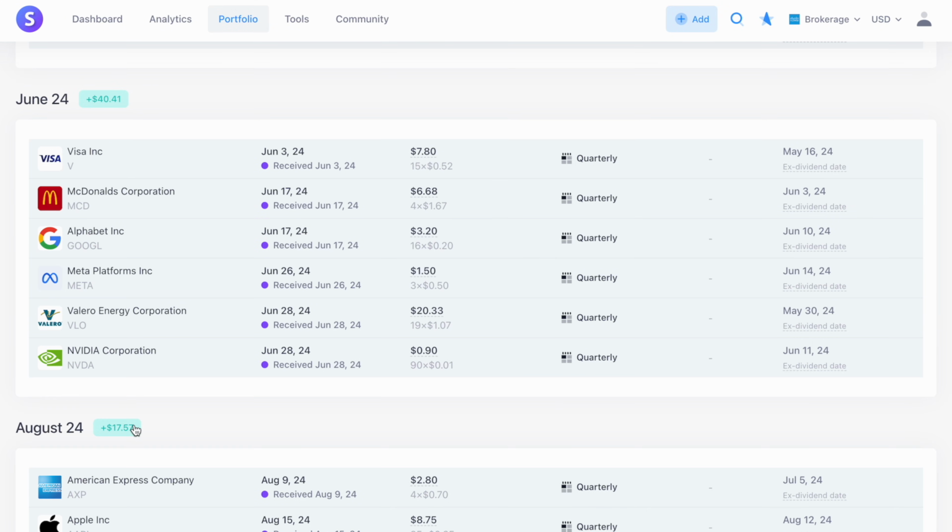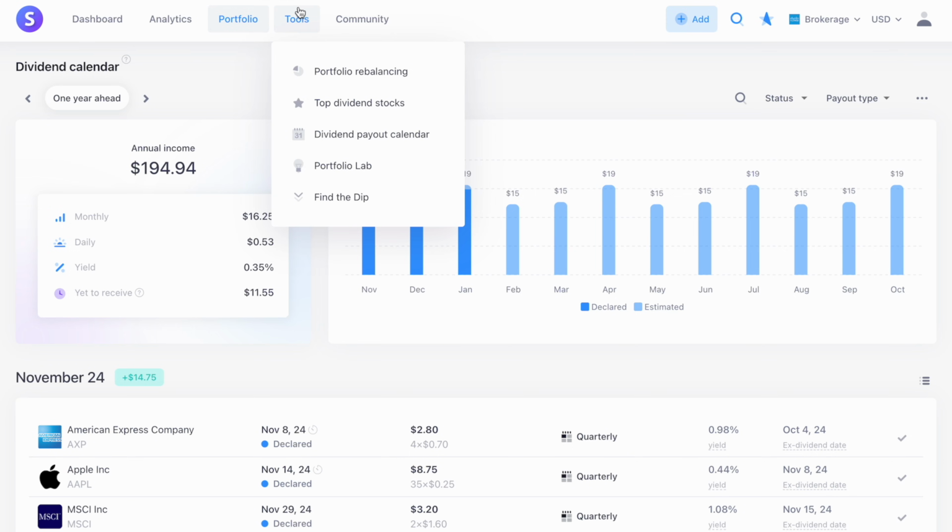So if we go to June here, you can say that Visa was received on June 3rd and all the way down the line so that you know when the dividends are estimated, when they're declared, and then when you actually receive them. Now, in terms of tools, what you see is they have portfolio rebalancing, top dividend stocks,